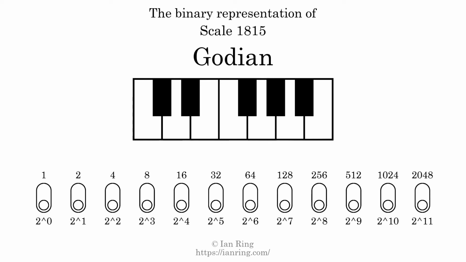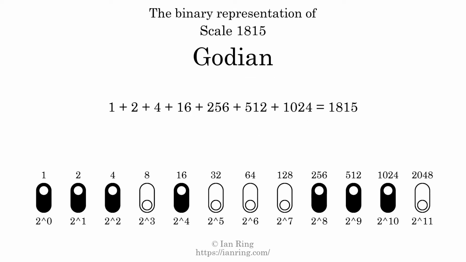The binary representation of this scale is determined by mapping tones of the scale to binary digits. Each binary digit represents a power of 2. To get the scale number, we add the powers of 2 together. The powers of 2 that are present in the scale, all added together, equals 1815. That is why the scale number, in decimal, is